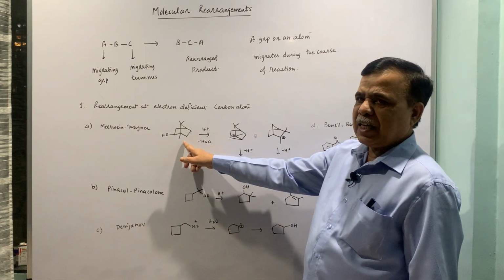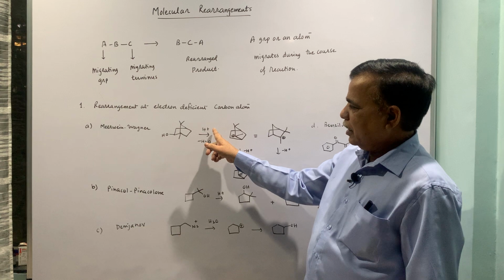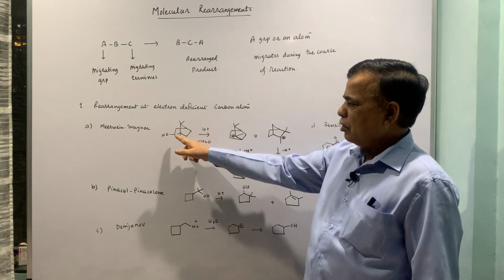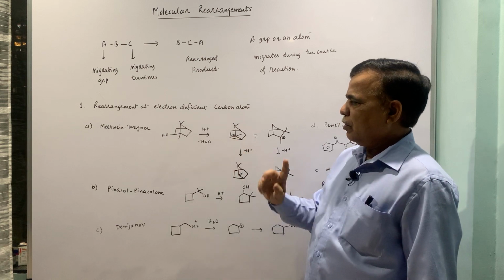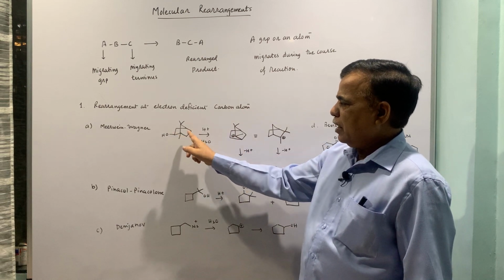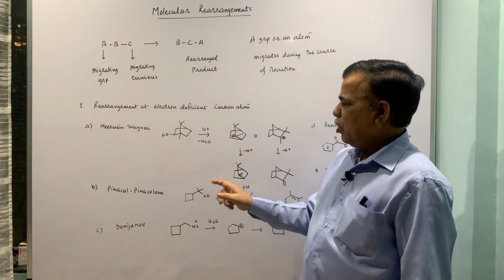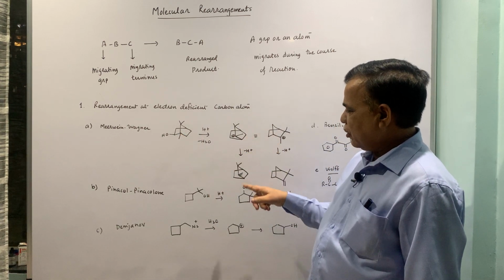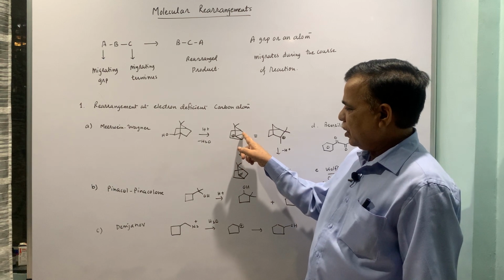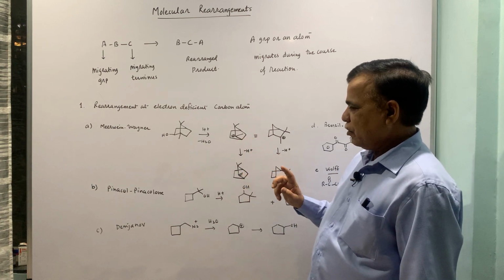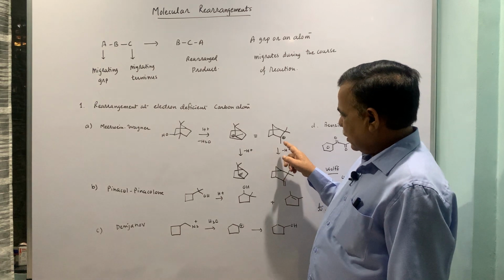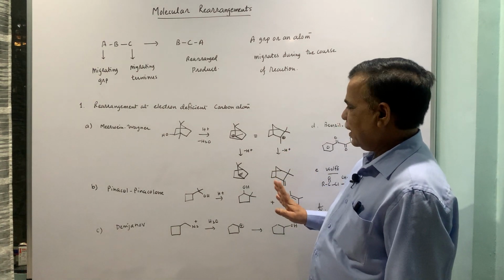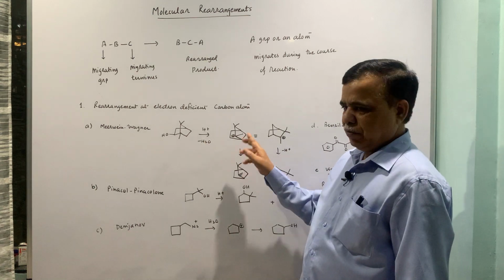If you take this natural product, treat it with acid, this gets protonated. Loss of proton gives you the carbonium ion. The migration of the sigma bond gives you these two equivalent structures. When this loses a proton, the terminal methyl, you get this exocyclic bond. It is the same, you can show it like this. Now these two structures are also identical, that is your Wagner-Meerwein rearrangement. We will come to this.